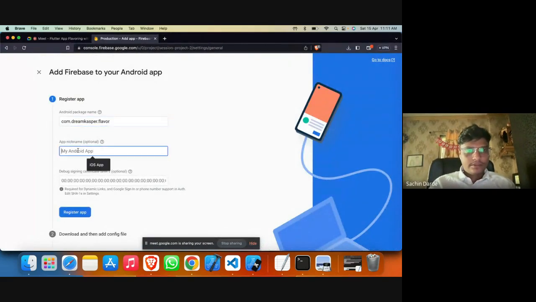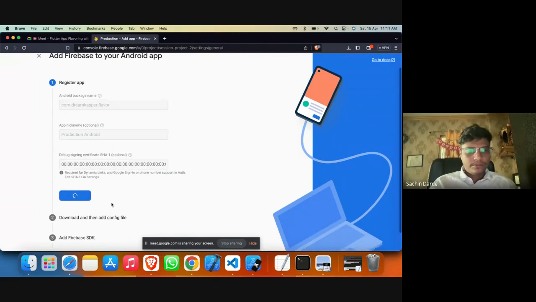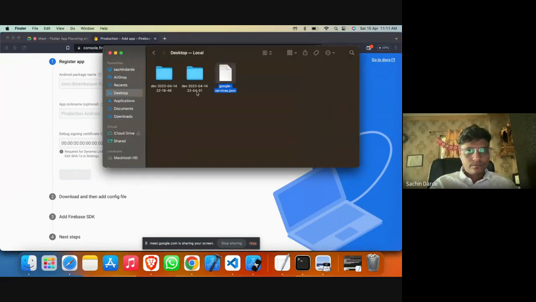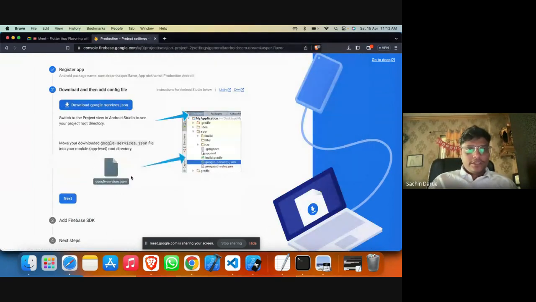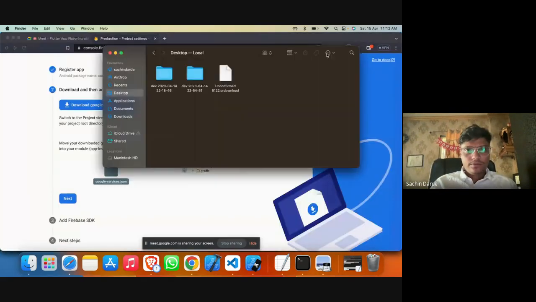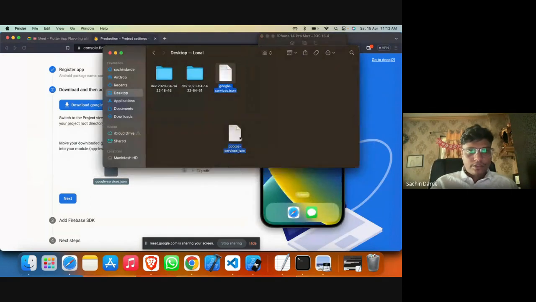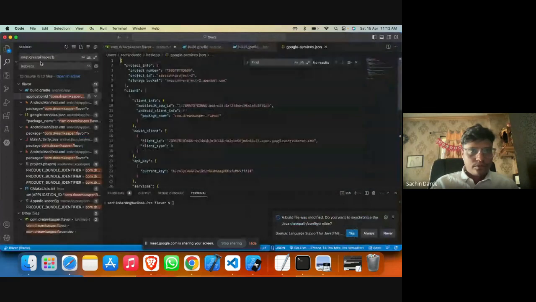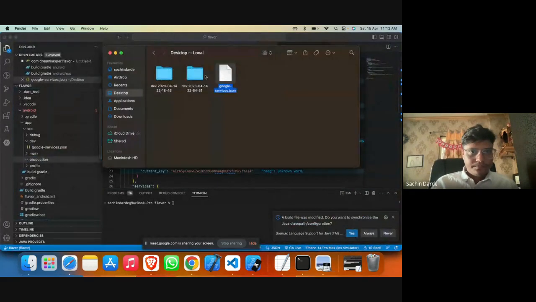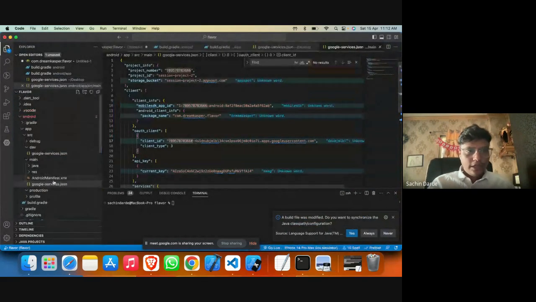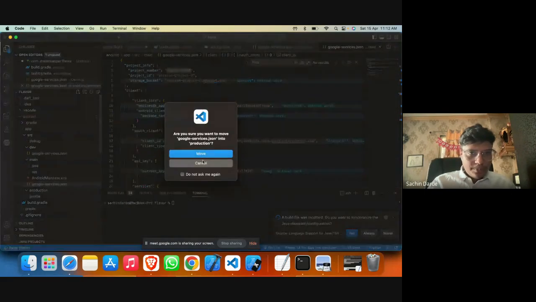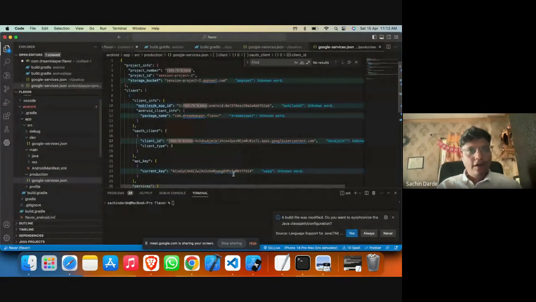You can keep the name as is, although it's optional. Remove the older file. I'm just downloading the production JSON file, and I'll put it into the production folder. So far, what we have done is copy a production as well as a dev file